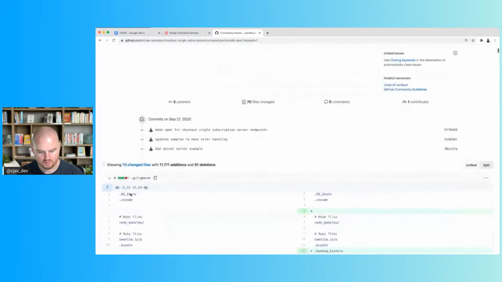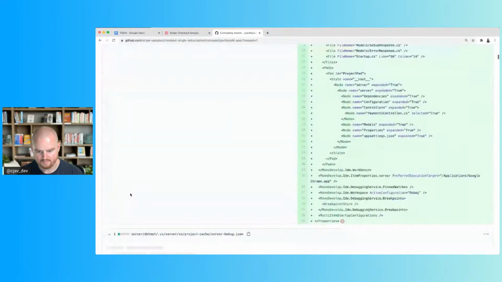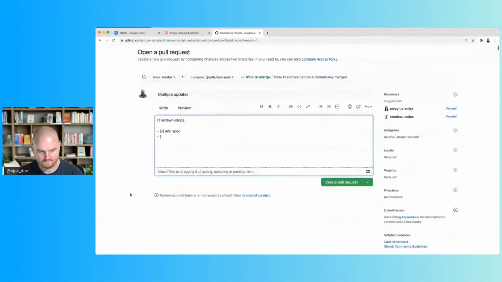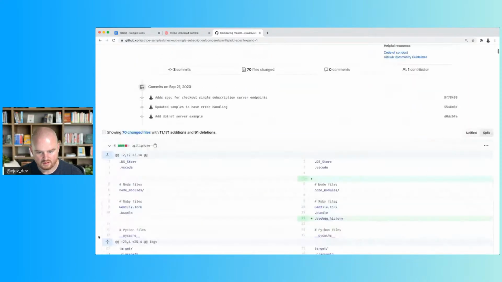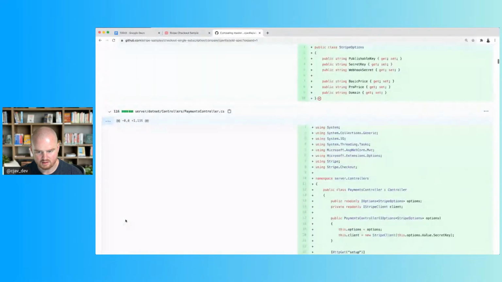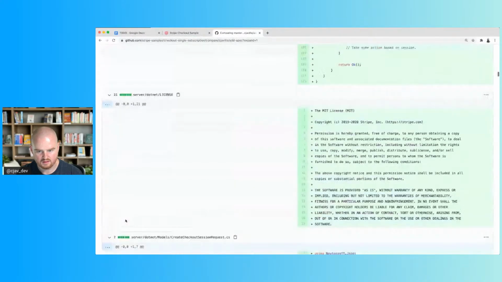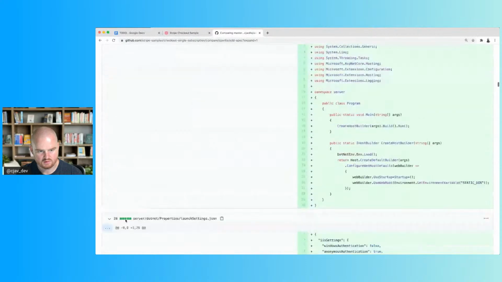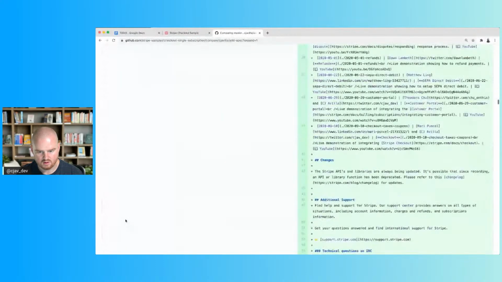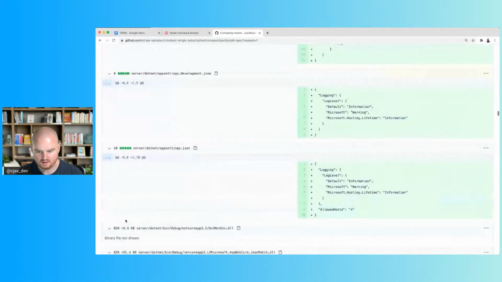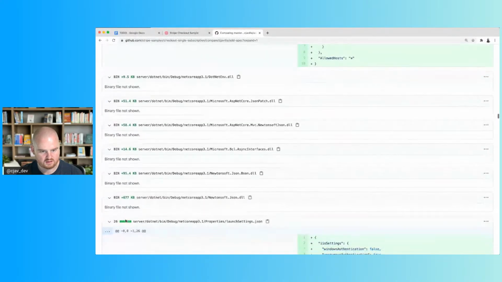We also added Go server. We also add .NET server. We also, what else did we do here? Okay, so we got to get rid of that README and